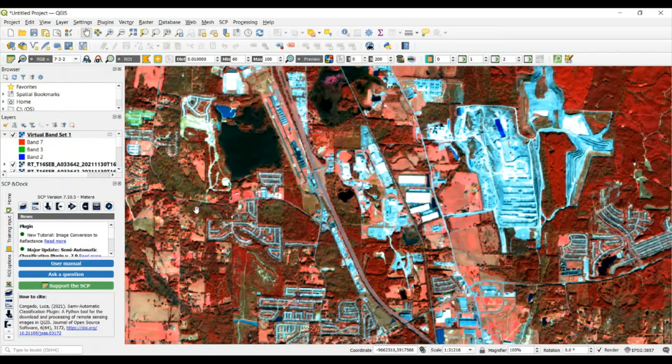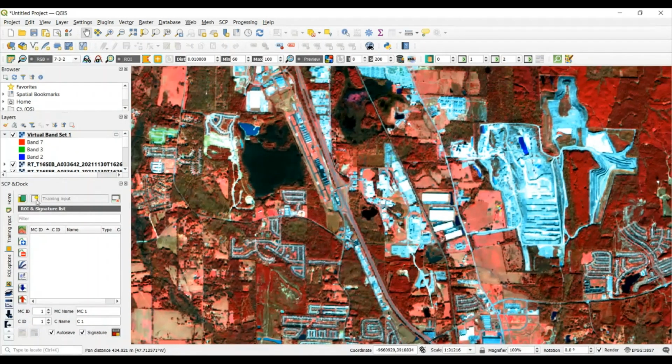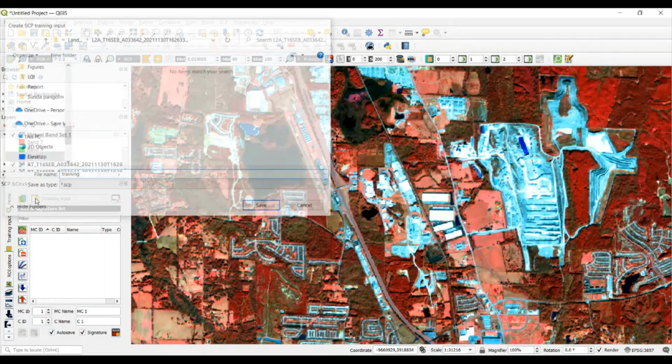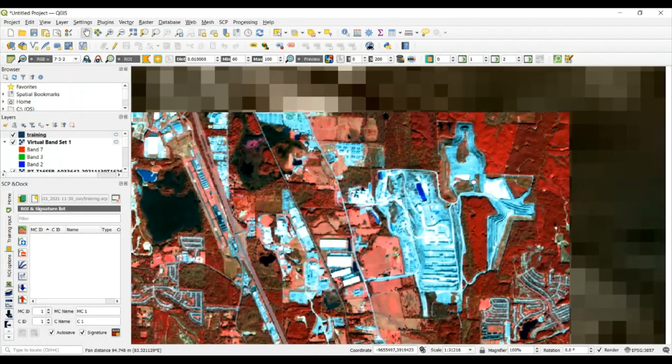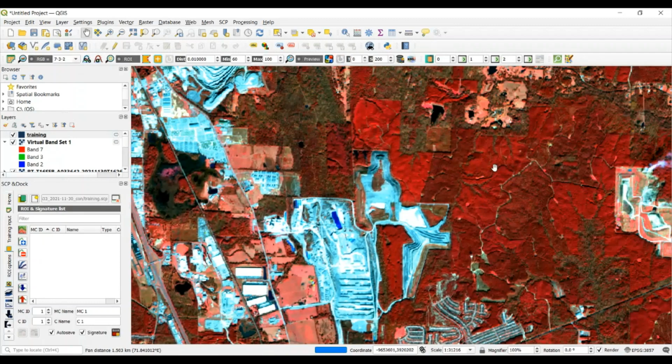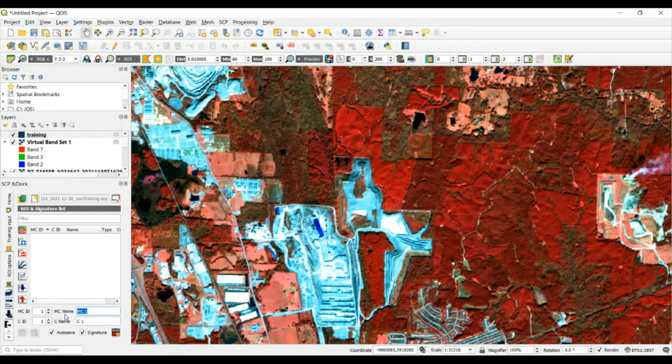Anyways, so the way this tool works is you create these polygons called ROIs, and that's how you train the data set. So we're going to press this create new training input and just make a little script called training, and then we're going to start classifying things. So the first one I want to do is I'll get different colors of vegetation. So this whole area here, I'll call that vegetation. So we'll say vegetation. This is going to be the macro class, vegetation, and this is going to be the micro class. So we'll just say